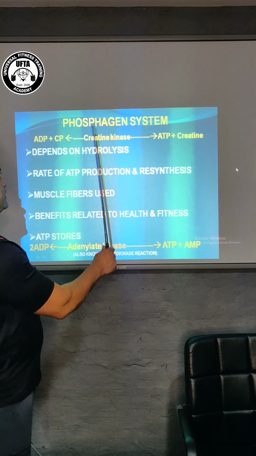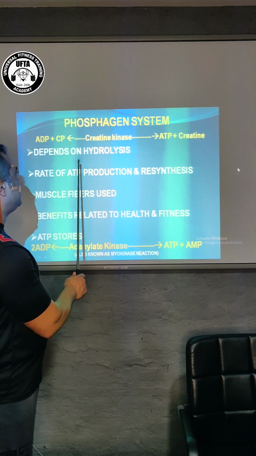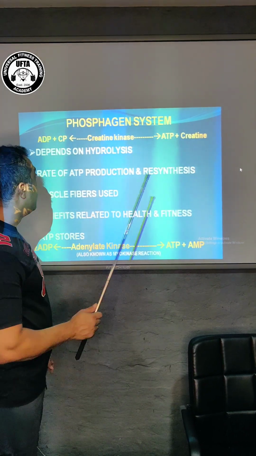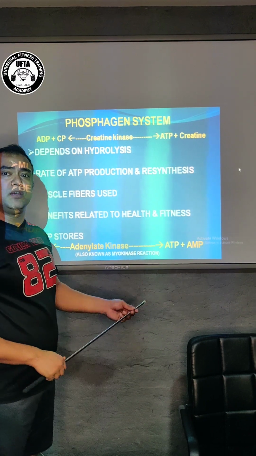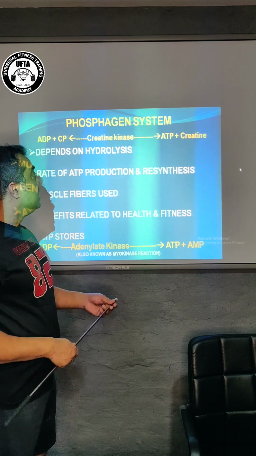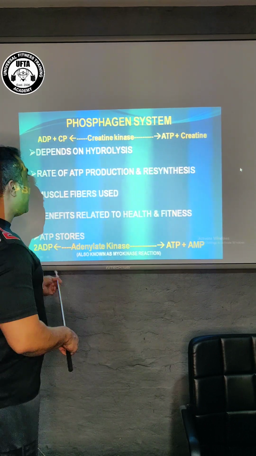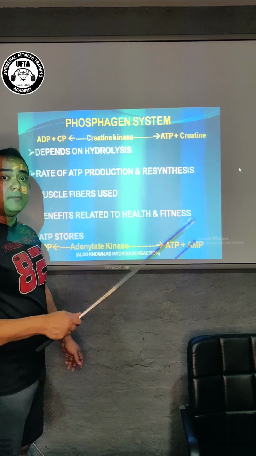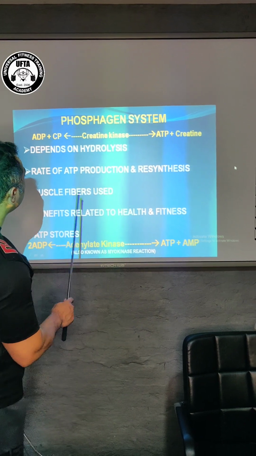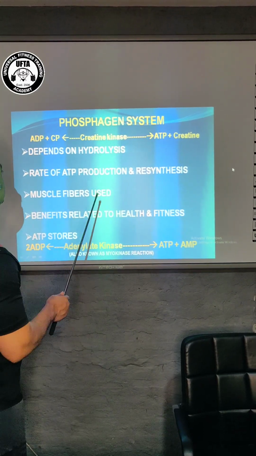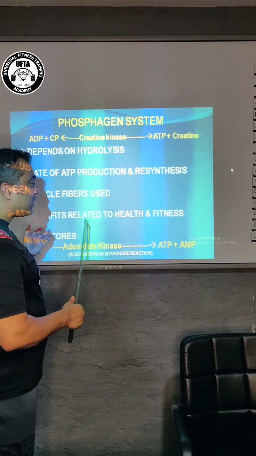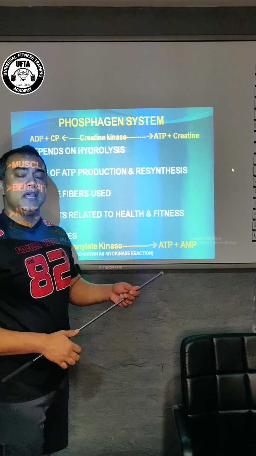So this is the phosphagen system. This is like an equation. Here you can see that the phosphagen system depends on hydrolysis. Hydrolysis is basically the breakdown of the ATP molecule along with one molecule of water. That enzymatic process is catalyzed by the enzyme called creatine kinase. So here you can see the rate of ATP production and synthesis is controlled by creatine kinase, and creatine kinase is an enzyme which, after you use ATP as a source of energy, converts it into